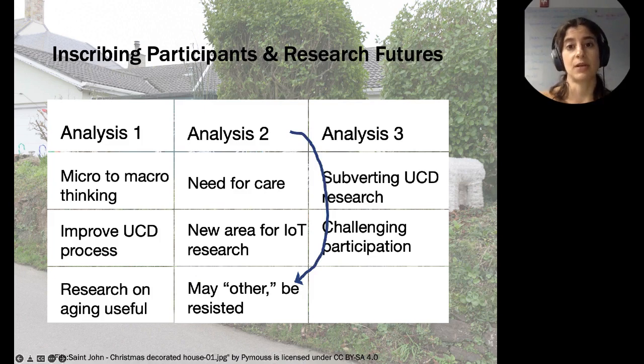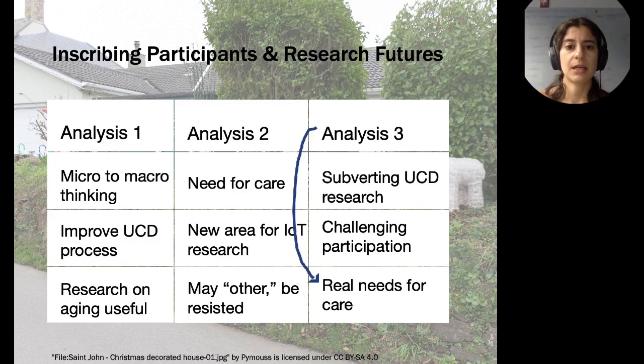Reading one analysis through another, however, as we did through our diffractive reading, can help make what is at stake in different interpretations clear. When insights related to holiday decorations from analysis 2 are read through findings from analysis 3, which raise the prospect of older adult resistance, we might pause at casting mundane daily activities as an additional criteria to monitor and view through the lens of aging in place. The point here is not that reading insights through one another should prevent researchers from studying, for example, the topic of mundane activities for aging, but that this approach can raise some practical or ethical considerations that may impact a research agenda down the line and are difficult to realize from a single analysis or even